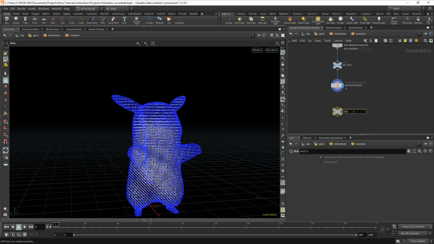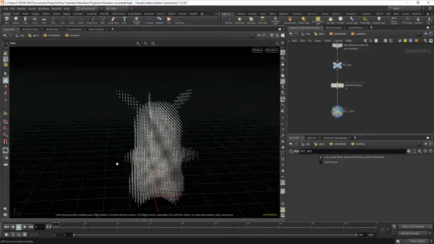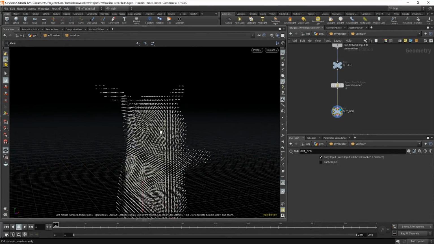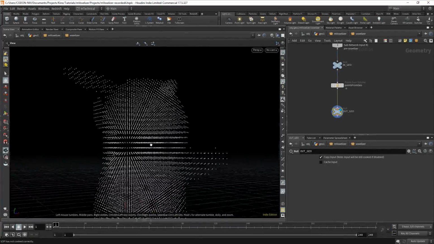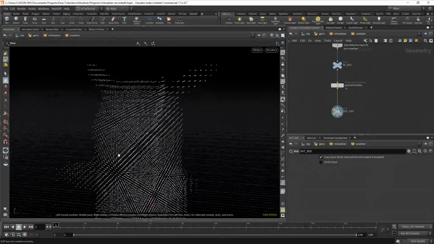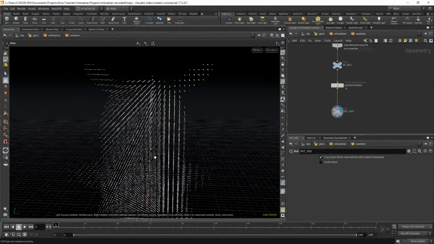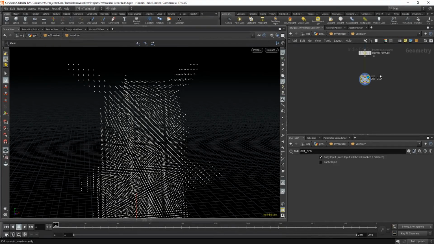Call this out geo, connect these together, and there you have it. Just the points we were looking for, and they're placed exactly on that 3D grid that we talked about. So yeah, this is looking pretty good. Next thing I want to do